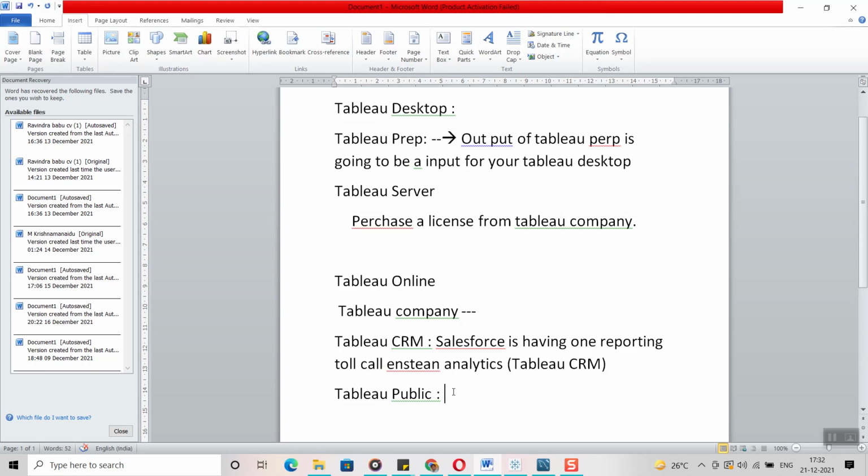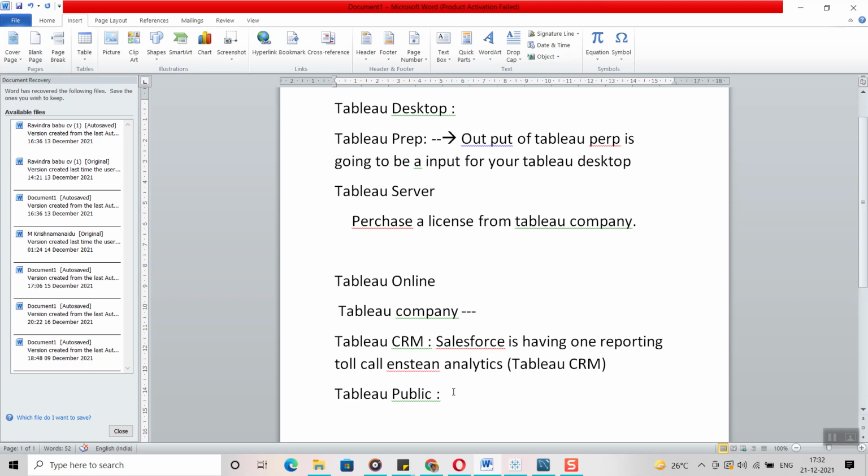But if you have Tableau Online or Tableau Server, those are secure environments. Whatever reports you have created, you publish to either Tableau Online or Tableau Server, and whoever is authorized to the servers can log in and see the reports. Tableau Online and Tableau Server are secure servers, but the Tableau Public server is not secure.